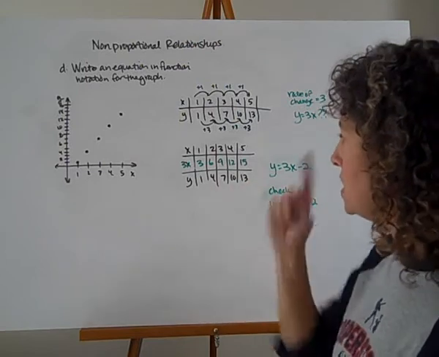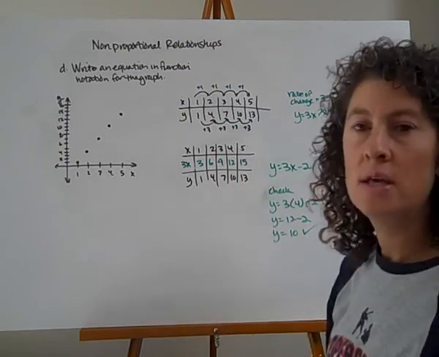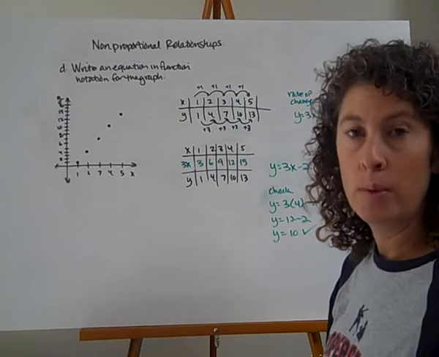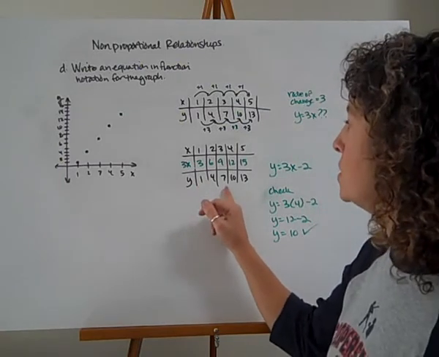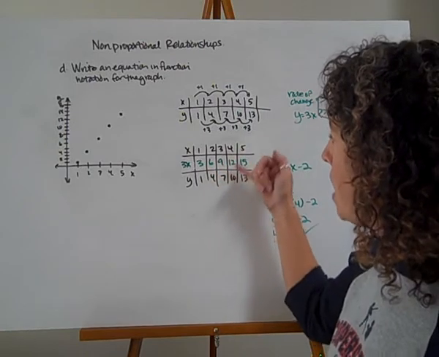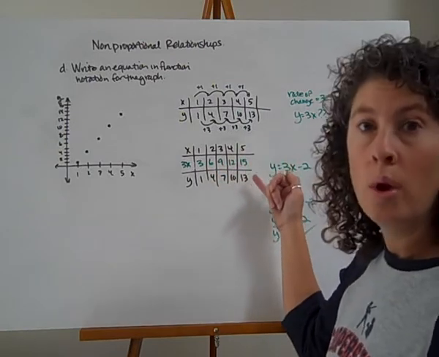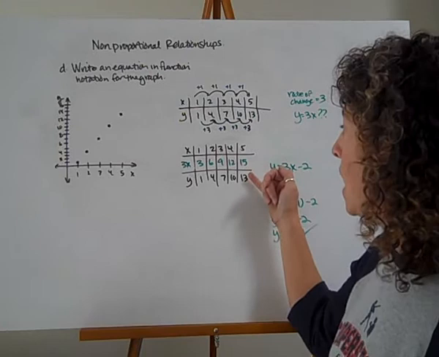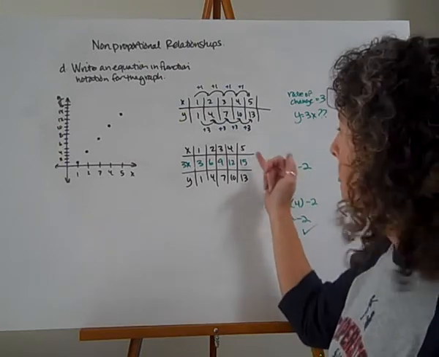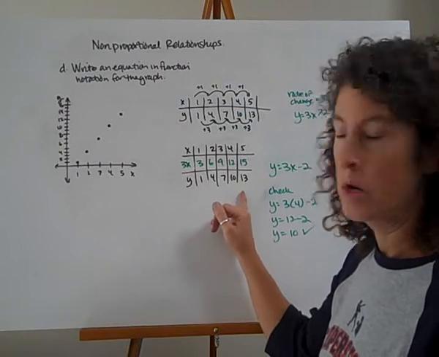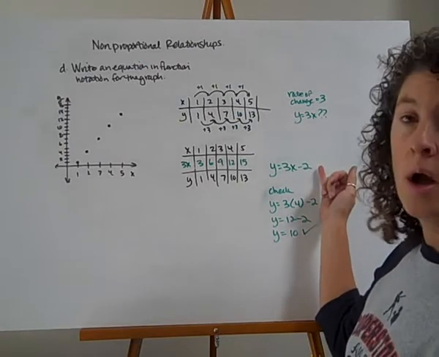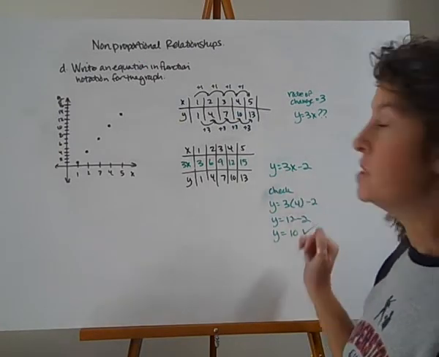So I want to look and see, is there any pattern that I can figure out to get the output that I've come up with by multiplying by my rate of change, 3, that would get me to this output. And I noticed that all of these are 2 away from my original output. They're actually 2 more. So if I subtract 2 from each of them, that will give me the output that I wanted originally. So I'm going to try out y equals 3x minus 2 and see if that works.